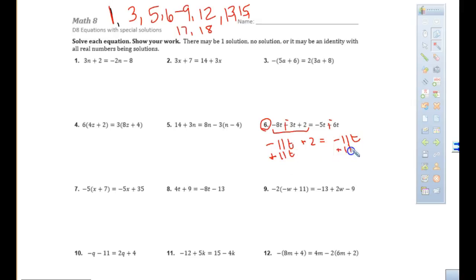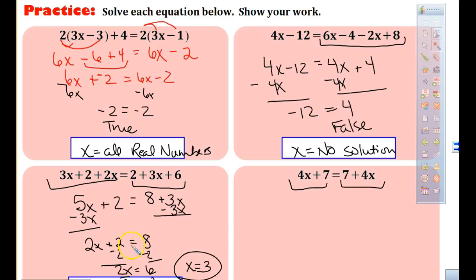So I add 11t. And I end up with 2 equals 0. And that is a false statement. And because it's a false statement, I now say t is equal to no solution. Okay? If it would have come out that 2 equaled 2 in a true statement, then I put all real number solutions. Okay? So the first ones, actually, you do get a number answer, just like we did in this one here. You will get a number answer, and that's okay as you're looking